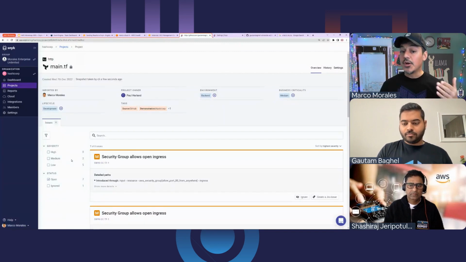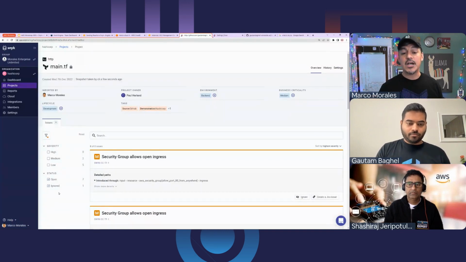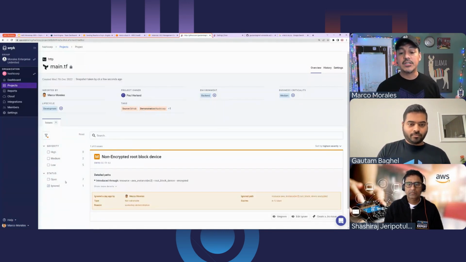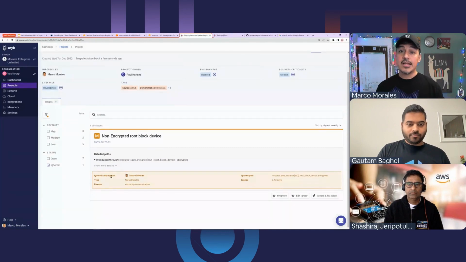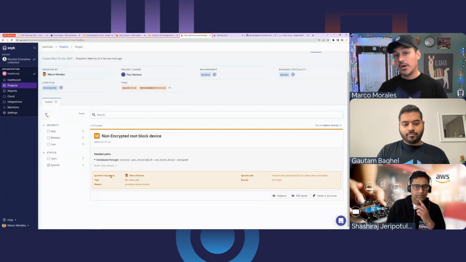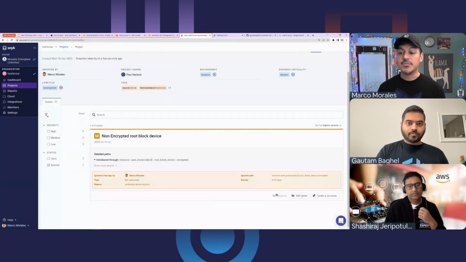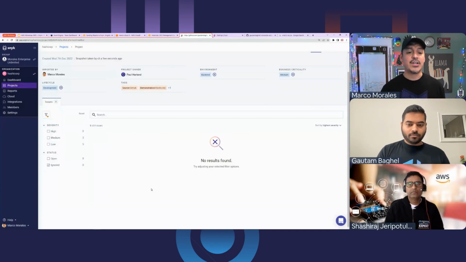You may be wondering, why do I only see 2 mediums when you had 3 previously? It's because before the workshop, I decided to do an ignore. The callout here is that at your command line, you can use a .snyk file, or in the UI, you have the option of ignoring issues because you may think it's just not interesting or it's not important at this time.